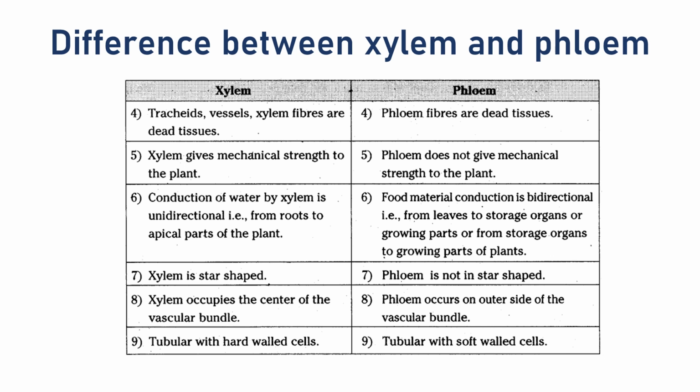Then tubular with hard wall cells and tubular with soft wall cells. Why are they hard wall cells? They have hard walls because of the presence of sclerenchyma, the xylem fiber. Clear, students? So this is all about xylem and phloem, the differences, and I'll just give you a brief introduction of animal cells today, but we are going to continue in our coming sessions about the animal